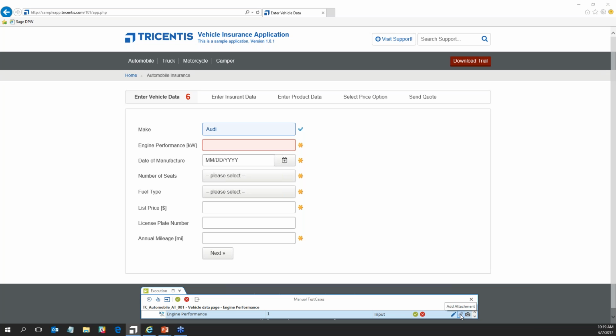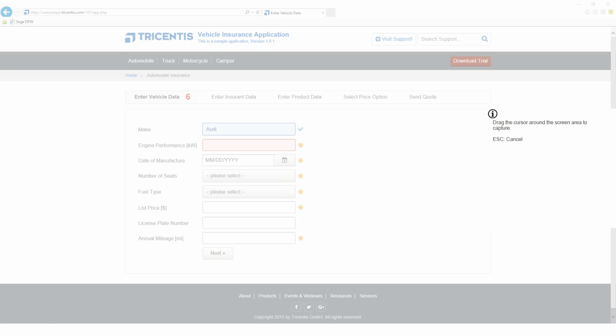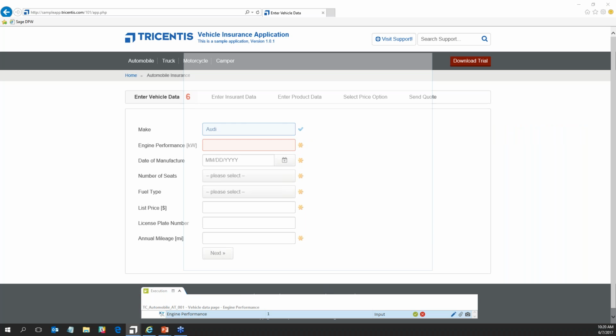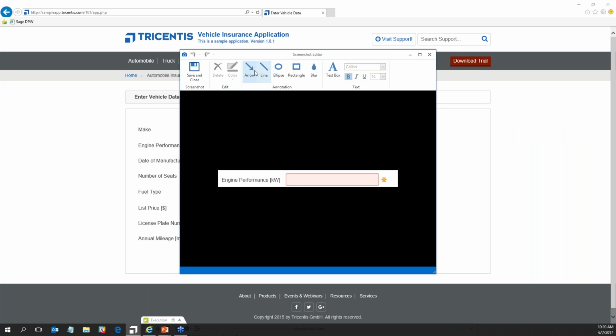I can add an attachment, so if during this step I receive some sort of output from the system, I could add that as an attachment to this step. I can also take a screenshot. So let's say here I want to take a screenshot of what appeared at the time. And then I can also annotate the screenshot, so I could say,